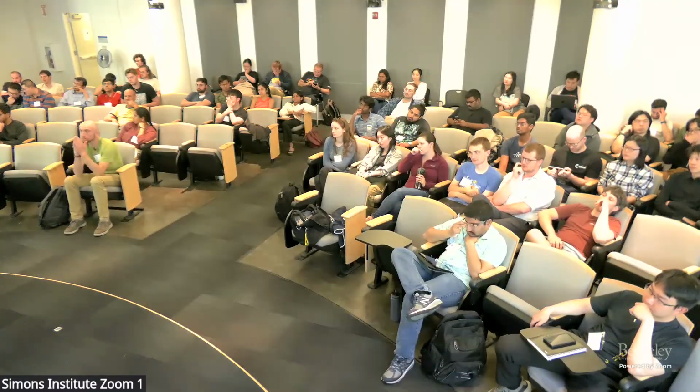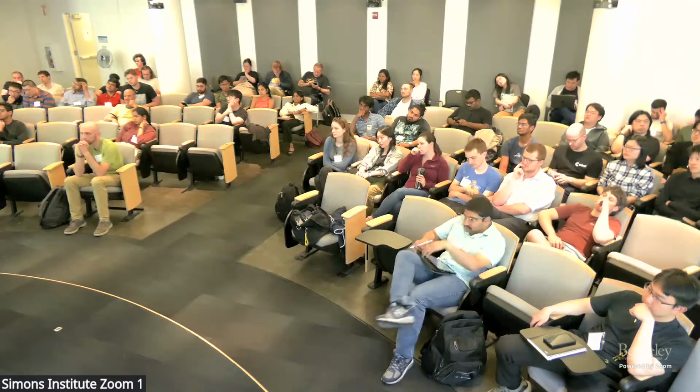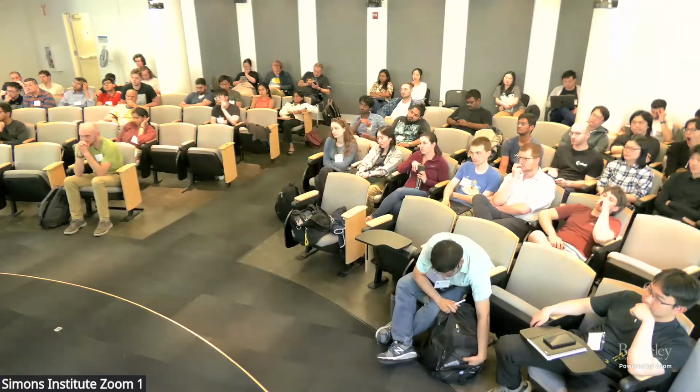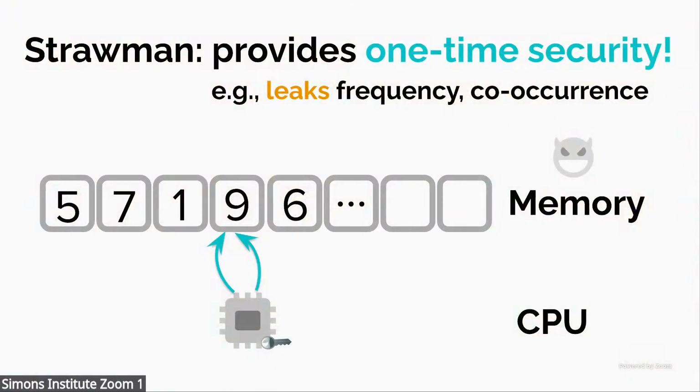So if we permute everything in memory, let's say I want to access logical address 9, I would just go to a random location. So it seems like it doesn't leak anything. But if you think about it more carefully, there's a problem, because just permuting everything gives you only 1-time security. If you guarantee every block is going to be accessed only once, then it's fine. But once you start visiting the same thing